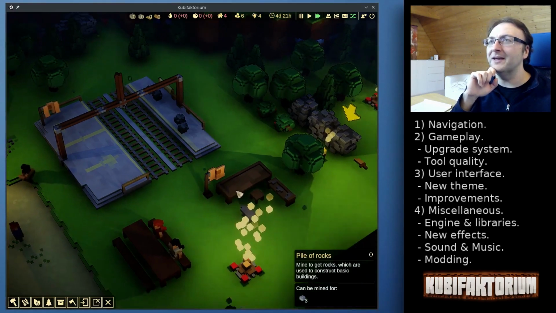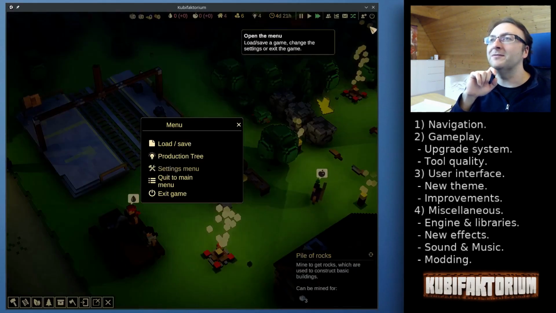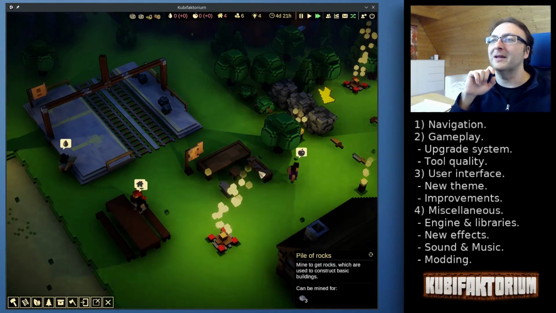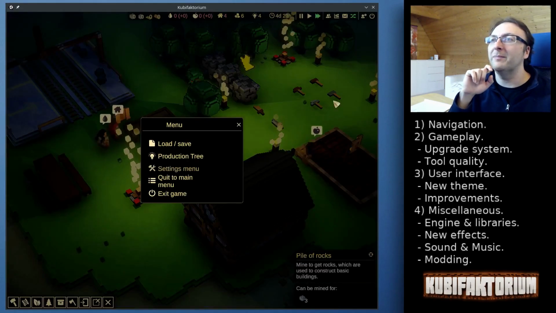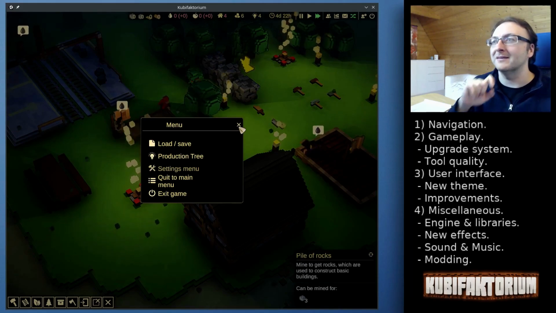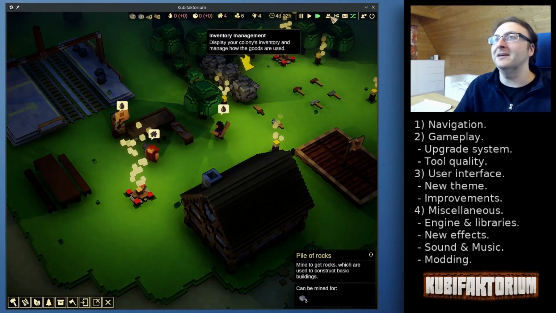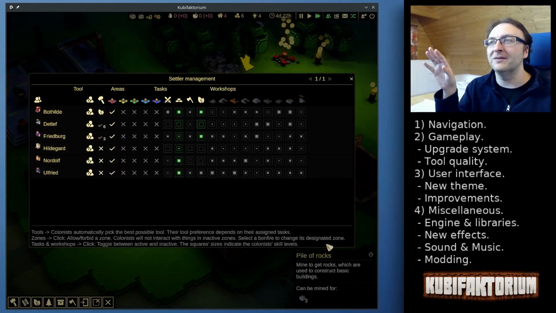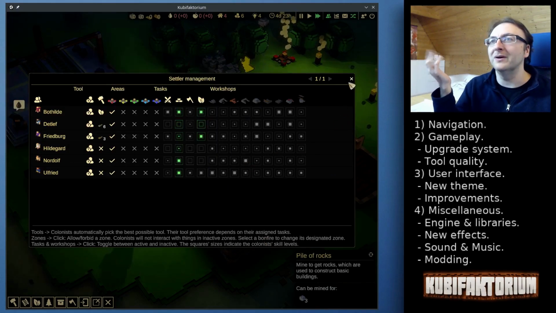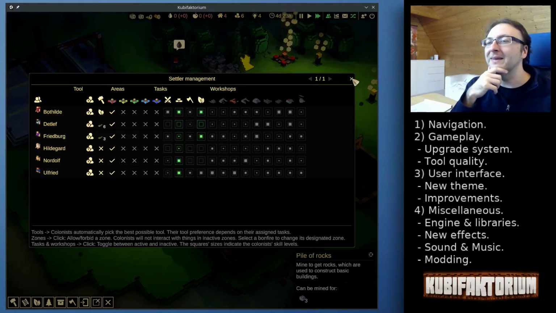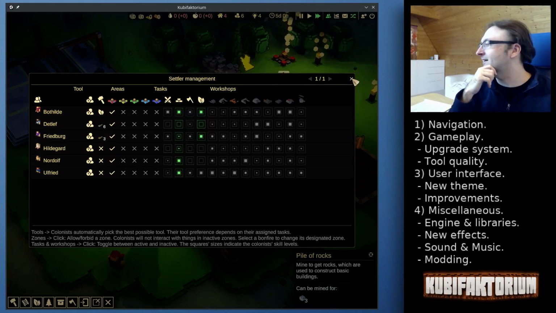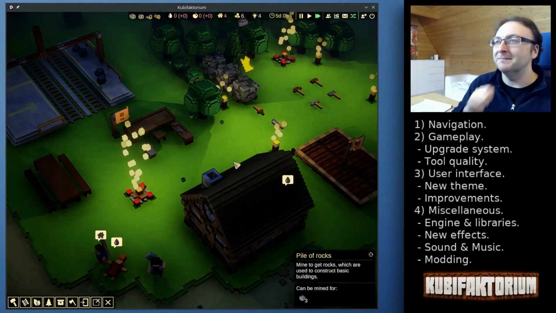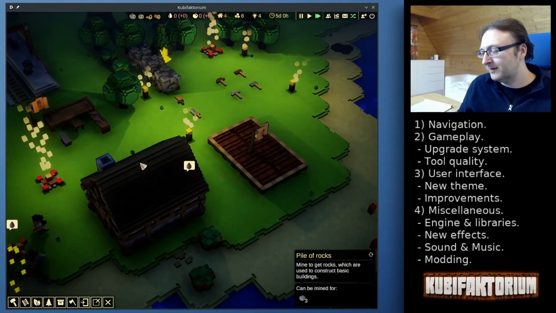Also, another change is that if you open a modal panel, like this main menu, the background is now darkened, so it is much easier to see. This also applies to things like the settler management. It's much easier to see what is the active element and what I can do when I have this screen open. So I think that is quite an improvement for the user interface. Then some ease of life